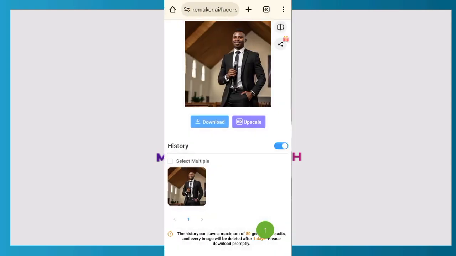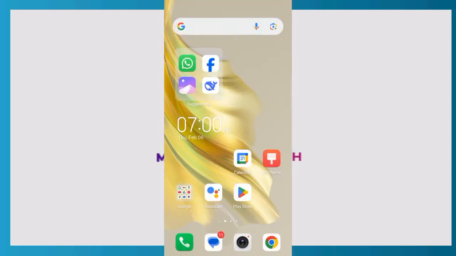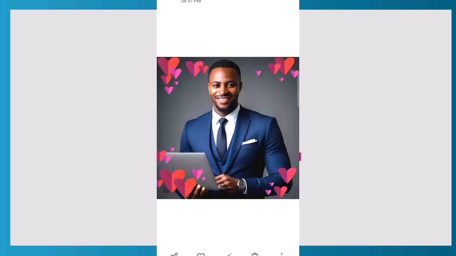Okay, let me show you some other professional pictures. This one was created using face swap and Meta AI. This one using face swap and Meta AI, and this is